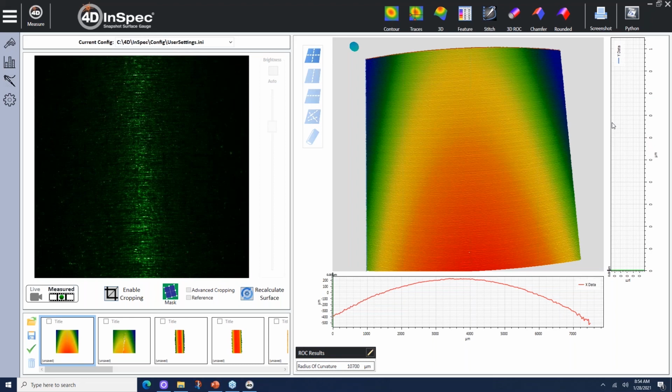One thing, unless you absolutely have to stitch, we don't typically recommend it. Every field of view has more than 4 million data points here. So this really isn't a system, say, for CAD comparison of shape, just because the data density is so high. And if you stitch together a lot of measurements with 4 megapixels per measurement, you pretty rapidly run out of memory. So for automation, most of our customers